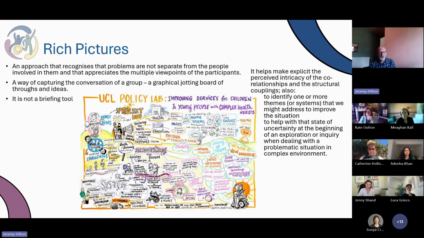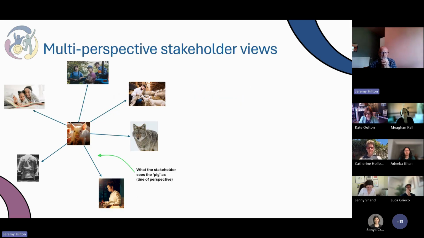So we should be using some of these as we start going through the understanding phase. So that's one. The next one, which is quite helpful, is what Gareth Morgan in his book Imaginization, I should have a reference there, calls the pig model. And what we're doing here is not what does the pig think of all of those, but the other way around. From each of the stakeholders' point of view, what does the pig mean to them? What's their perspective on it?